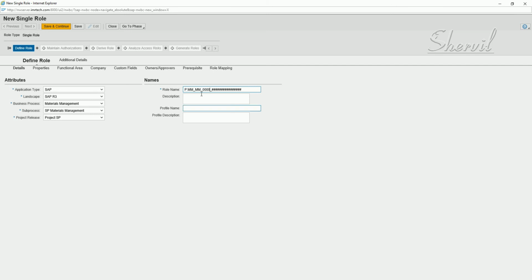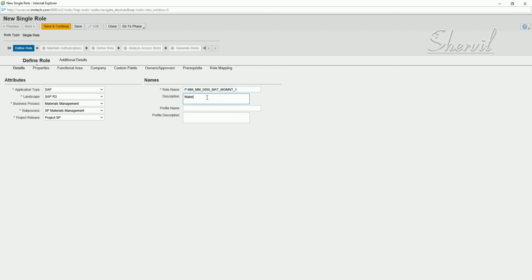Now, if I try to create one without this naming pattern, I won't be able to do it because in the configuration, when we created the role naming convention, we said we have to enforce that naming convention. All right, so let's say MGMT1, okay?